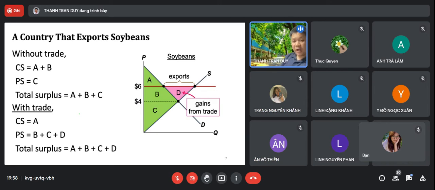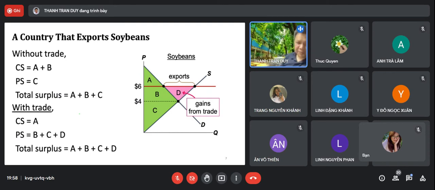Government wants to help local producers and consumers. If local consumers are yelling, "Oh, I really want to have this product, but we have to pay a high price," and local producers say, "Oh, our country needs jobs, so we need to create jobs. We need to sell a lot." So it depends on the objective of government. Whoever lobbies government more, government will follow that one because government has no benefit in this case. But anyway, the government point of view normally depends on the side they are on, right?